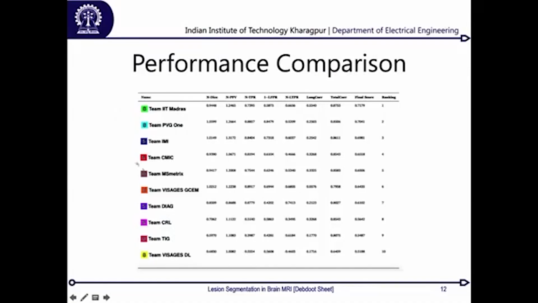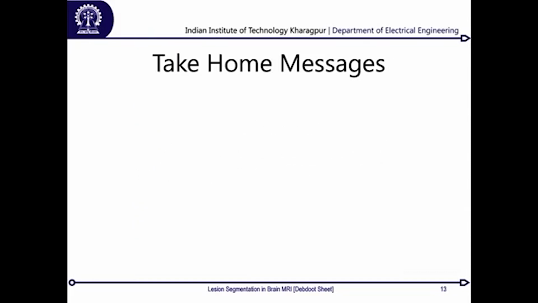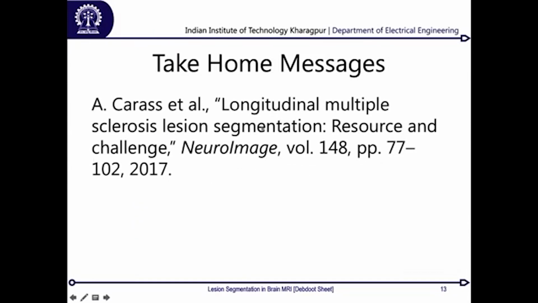So I would definitely encourage you to go through more details of this paper for all the other methods, and don't just restrict yourself to believing that only CNNs can work, because there are performances by random forest based approaches and by classical approaches which make use of textures followed by support vector machines, and they are quite well in line and sometimes even outperform these CNN based methods for certain kinds of lesions. So with that, as we come to an end, I would just point you to this particular paper